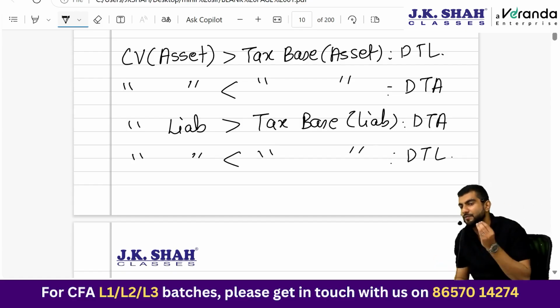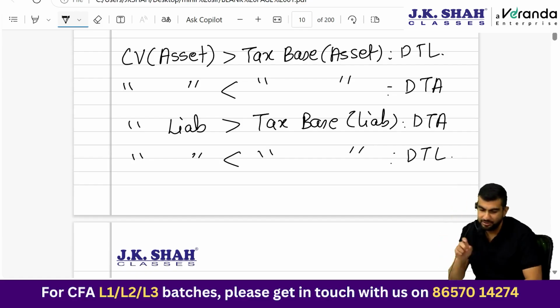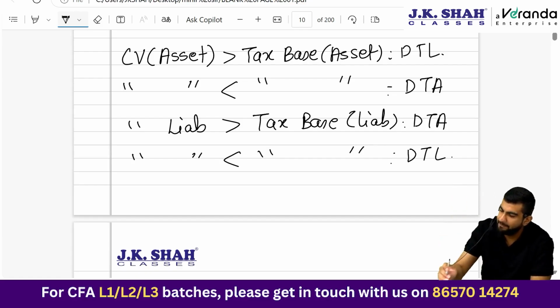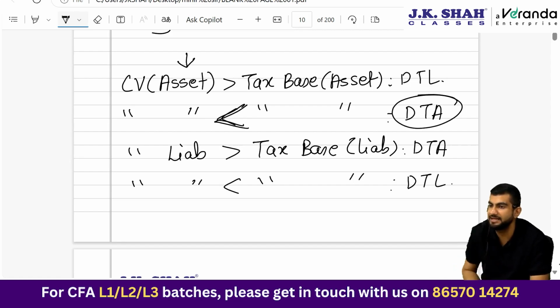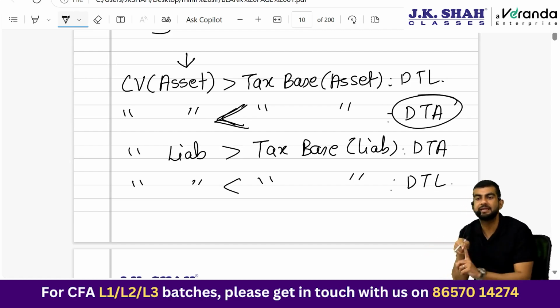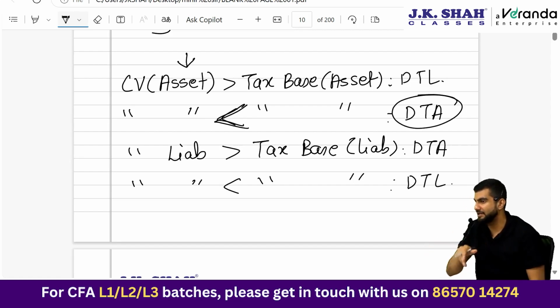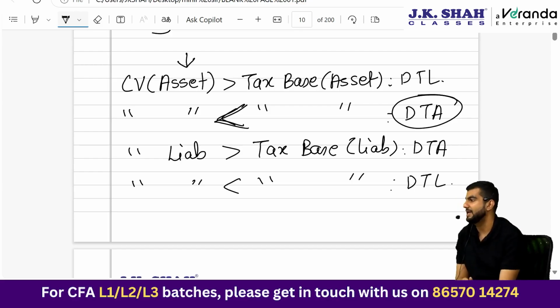You may be asked, what is the effect of impairment on DTA, DTL? So let's discuss now. If there is impairment, what happens? Carrying value of the asset reduces. So carrying value of asset will be less. Tax base won't be reduced. So then in that case, your tax base of the asset exceeds the carrying value and hence you will record a DTA. This is how you should be linking it. Due to impairment, it will result in creation of a DTA.